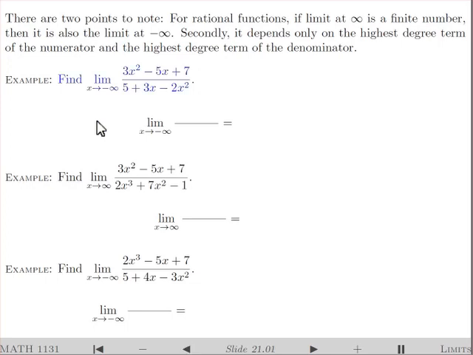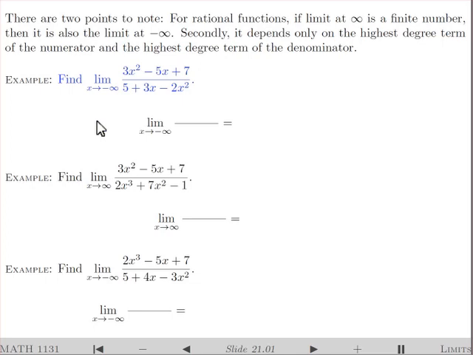So in particular, if we have a rational function in which the numerator and denominator have the same degree, like in this example, the limit will be a non-zero finite number given by the ratio of the coefficients. So,